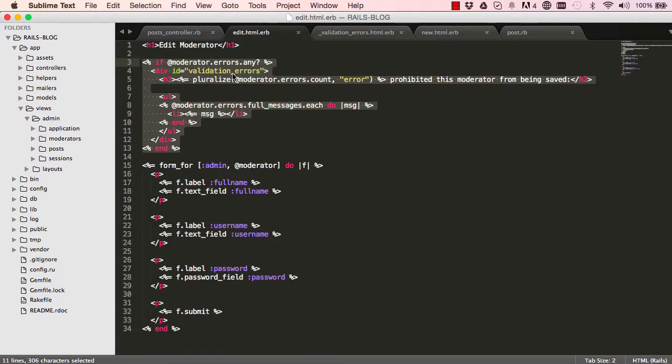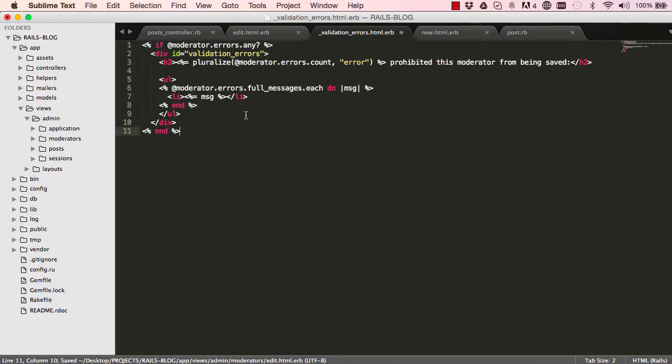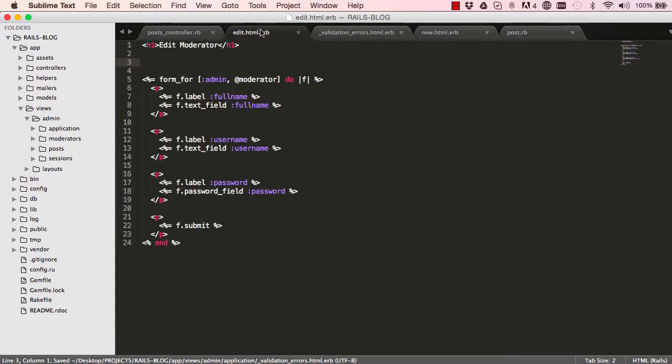Okay, so now we can cut this code from moderators edit and paste it here. We want this code to be used by different controllers, so we are going to make a few changes to it. Here we are going to type in render, and then we reference validation errors. Because this is in the application folder, make sure you don't add an underscore here, so leave it like this. We define it with an underscore and we call it without one. This will find our validation errors from the application folder, because that's where it is. Now we want to pass in our instance variables to our validation, and we can do that by giving a named argument